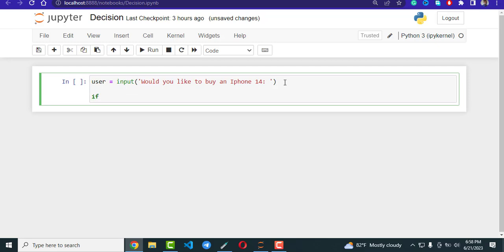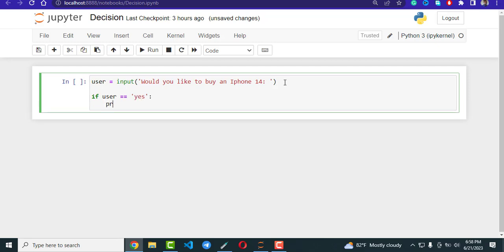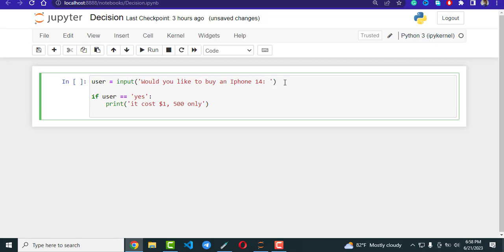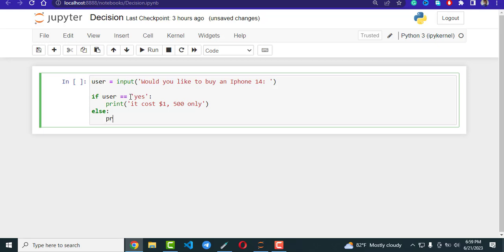So we can use an if statement. If user is equal to yes, then we print it costs, let's say $1,500. $1,500 only. Else, we print, let us put our else statement. If the user says no, print,